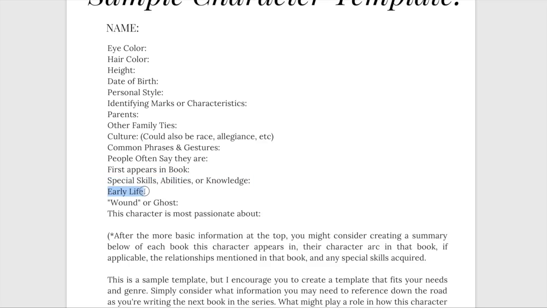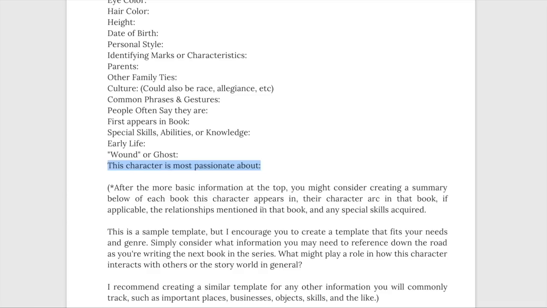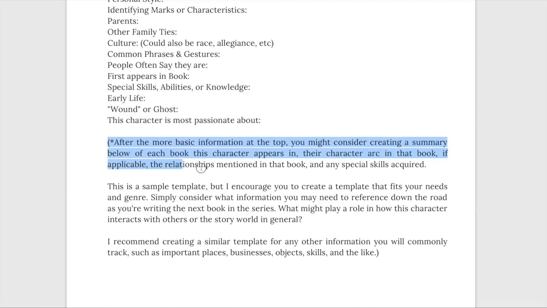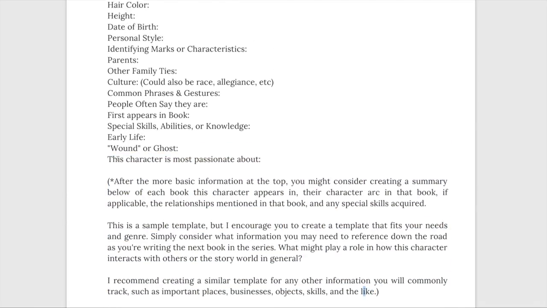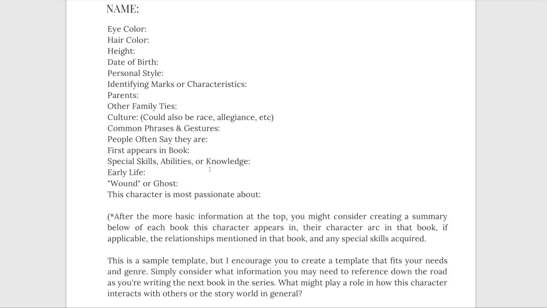You can also summarize their early life, their experiences when they were younger, where they lived, who they dated, what college they went to, whatever's important to your story. You can discuss their wound or their ghost, which we've talked about before. You can tell what this character is most passionate about or what their needs are. But here I have just a brief explanation, that after this more basic information at the top, you might